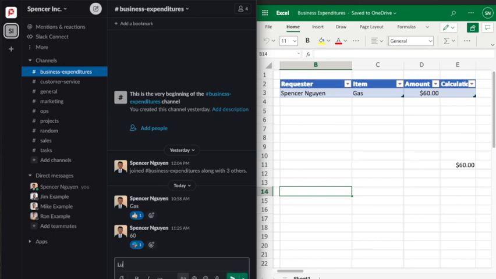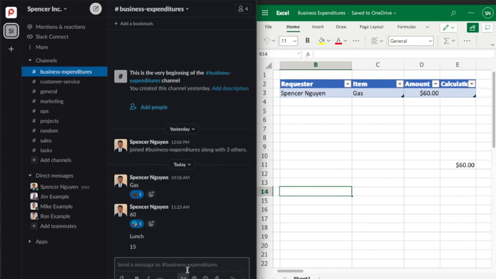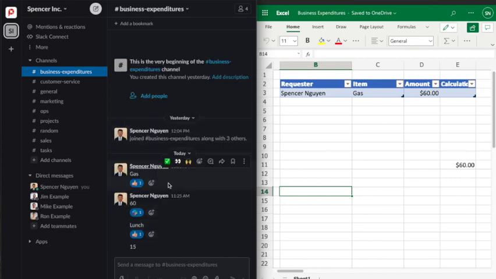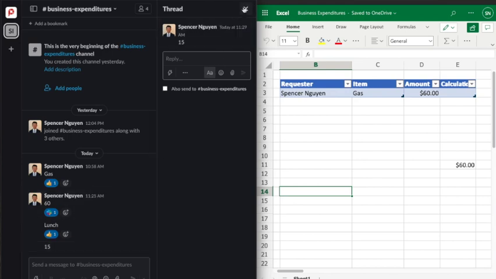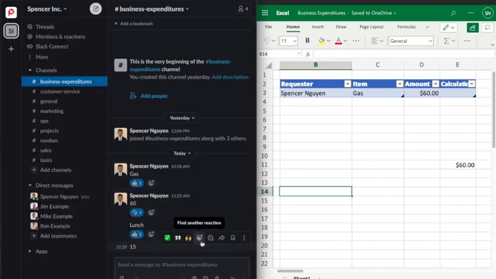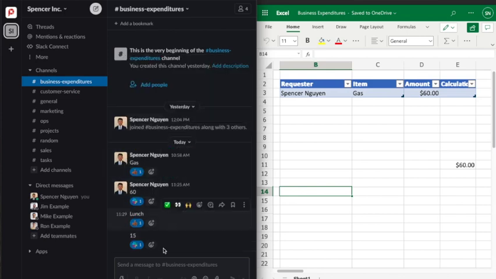I bought lunch for, let's say, 15. To trigger the first shortcut, we have to react with a thumbs up, which will send it to the first table in Excel, and then react to this one with the Slack emoji to send it to the second one, because this is the value. And then if we go back to Excel and refresh the table,